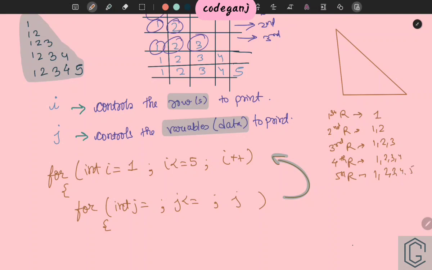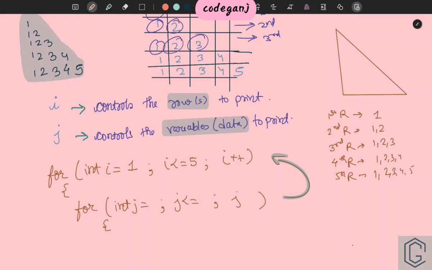So the relation that comes out is the inner loop is directly dependent on the outer loop, which means j will run that many times as many times i is about to run. When i is 1, I need to print only one time. Next time i will become 2, then I will have to print 2 times. Then when i becomes 3, I will have to print 3 times. So this is a direct relation. This is the easiest relation. This is the very first relation that you are learning.